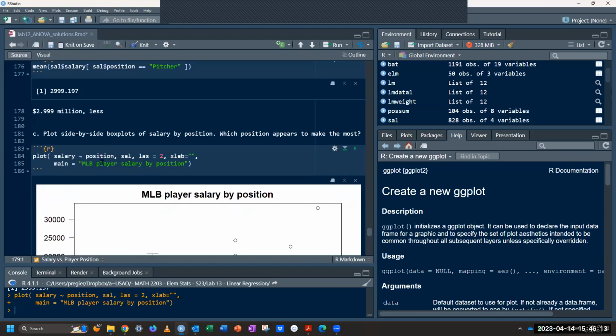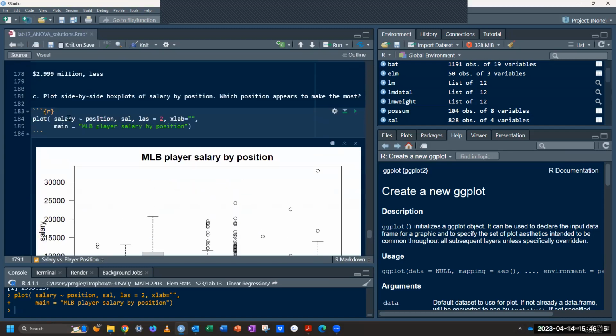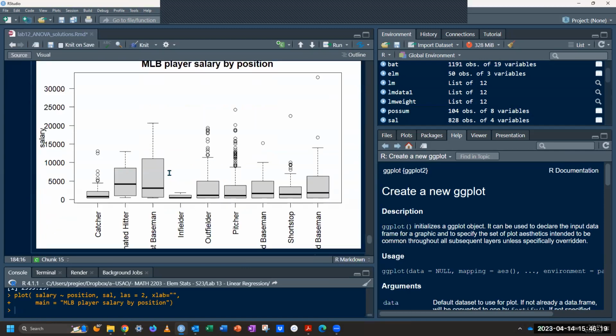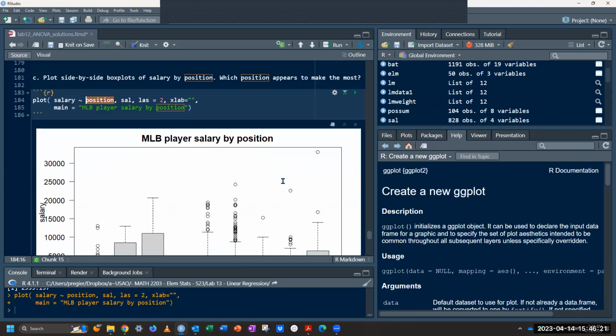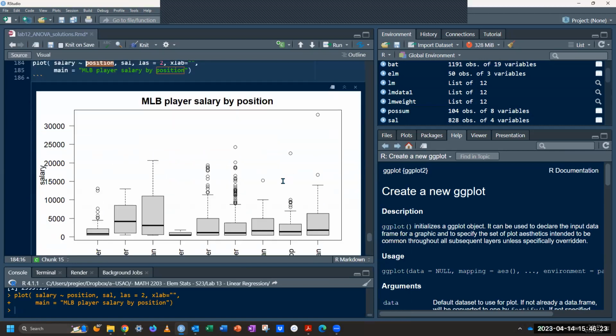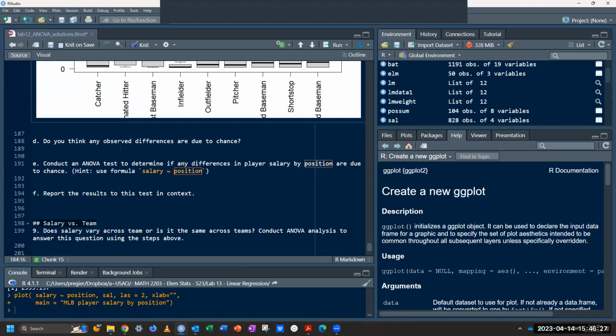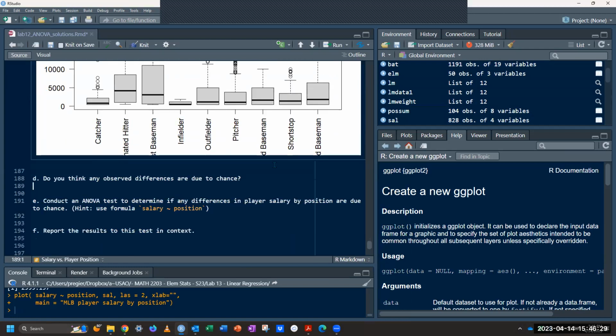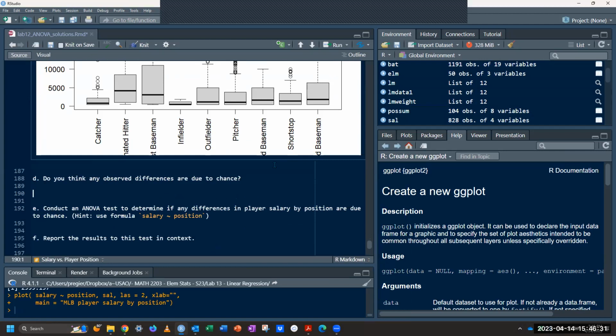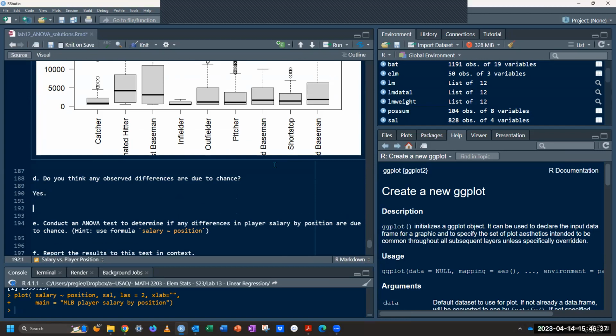Okay, so here's the plot, side-by-side plot. Salary is a numeric variable, position is a category that we're comparing against. And see, do you think there's a difference? Tell me, which position seems to be making the most out of all this? And then, do we think any observed distance is due to chance? That's our hypothesis. I would say yes, but to test it, we have to use the null hypothesis that says